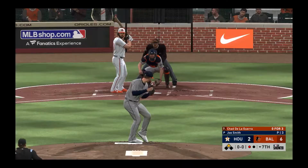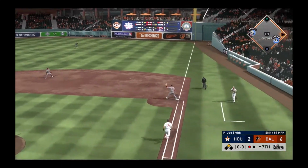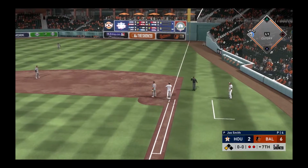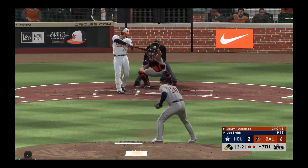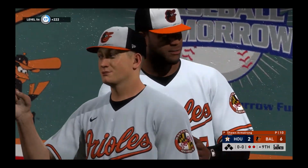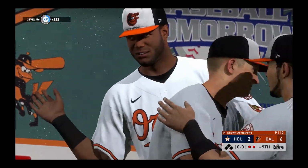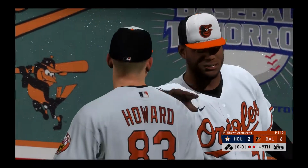Yikes. Chad De La Guerra up next. First pitch swinging, dribbles it over to Diaz. That's for out number 2. Runner does move up 90 feet for Adley Rutschman, but he swings and misses on a high fastball. That'll end the 7th, 6-2 Orioles, and it'll stay that way to end the ballgame. Final score, Baltimore wins it in Game 1 here at Camden Yards,